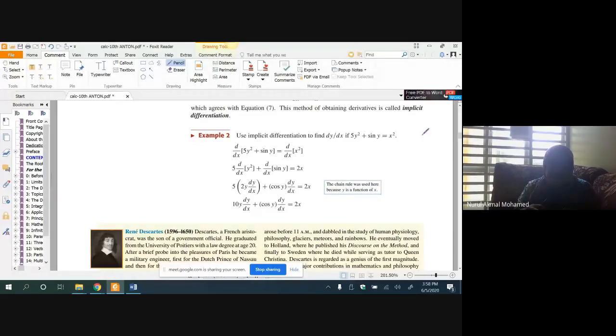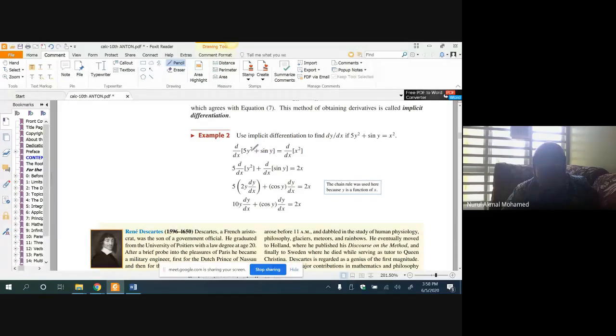For implicit differentiation, we have to differentiate both sides. You differentiate the left-hand side as well as the right-hand side. You differentiate 5y squared with respect to x, and then you differentiate sine y with respect to x. The key is actually